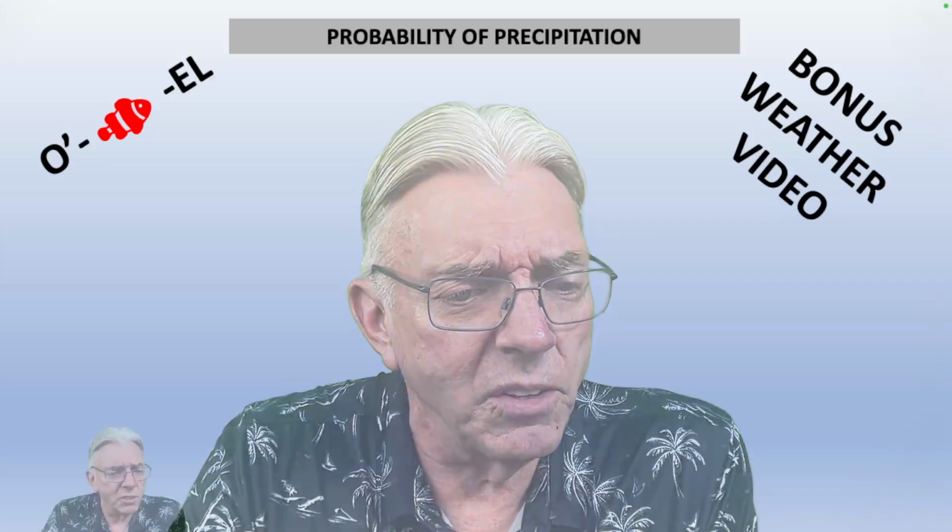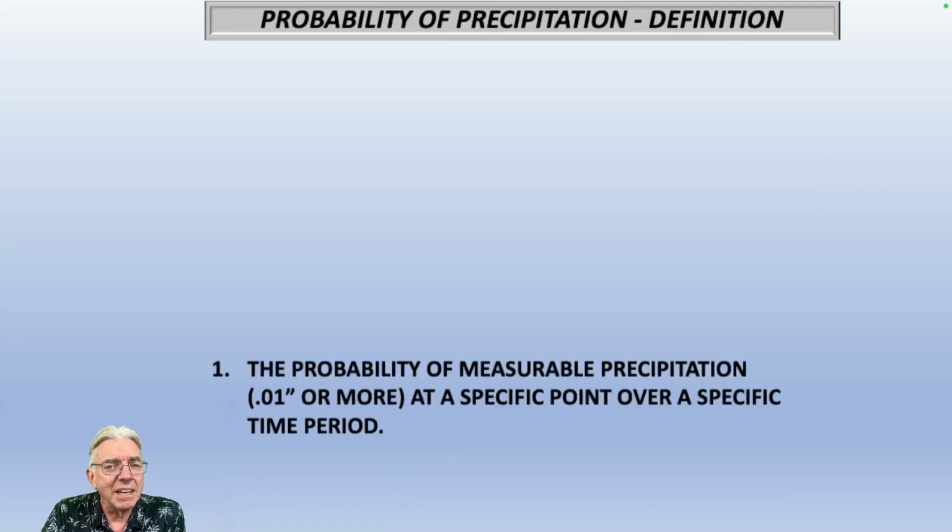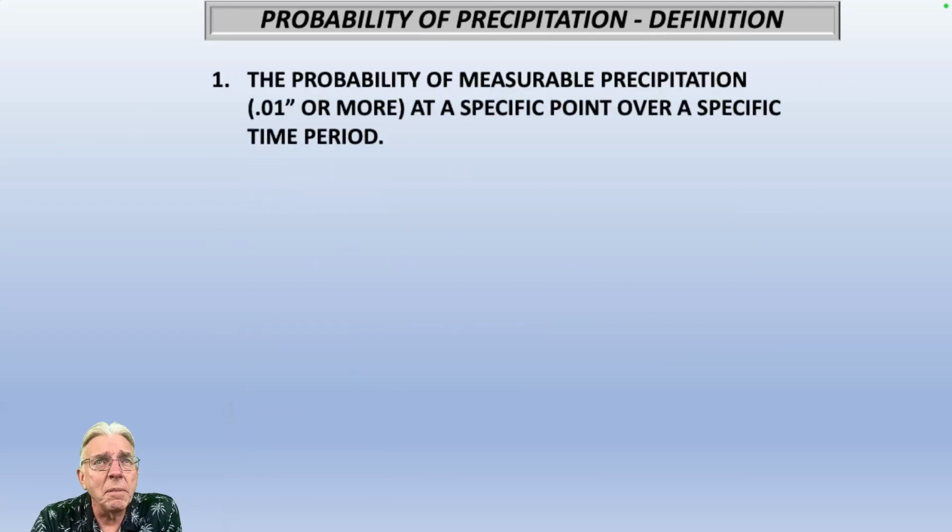So let me put myself down here in the corner, and let's talk about the official definition of the probability of precipitation. It is the probability of measurable precipitation, which is defined as 1/100th of an inch or more at a specific point over a specific time period. It can be a 1-hour period. I'm sure a lot of you look at apps on your phone, and it has probabilities hourly through the day. That may actually be beyond our capabilities, to be perfectly honest with you, but it looks pretty and looks exact, and so that's why it's there. But that's the official definition.